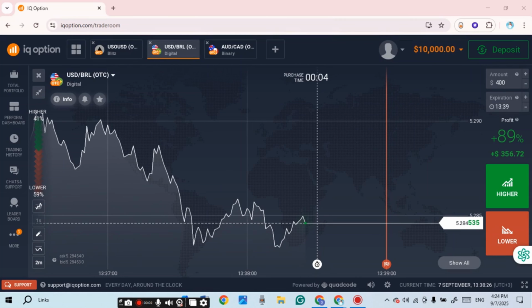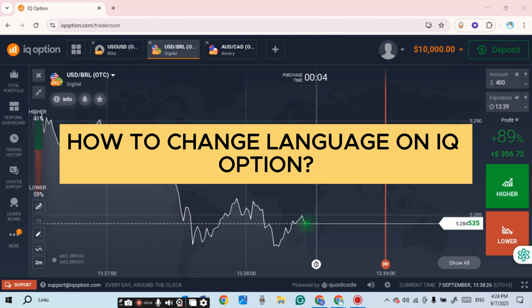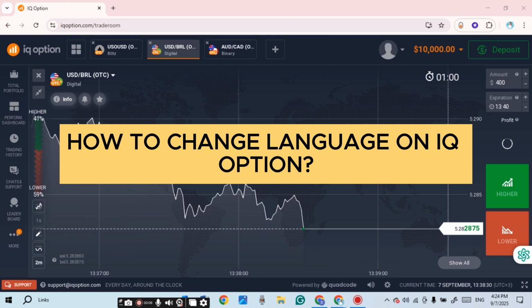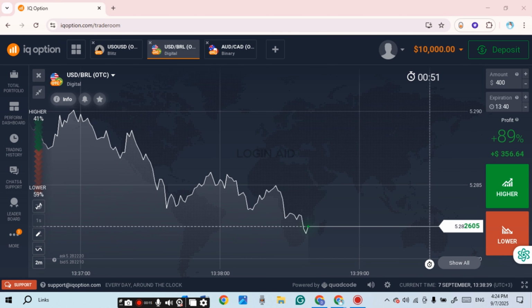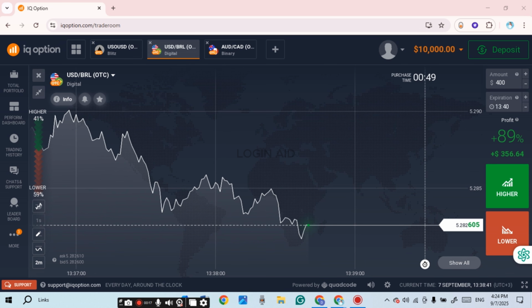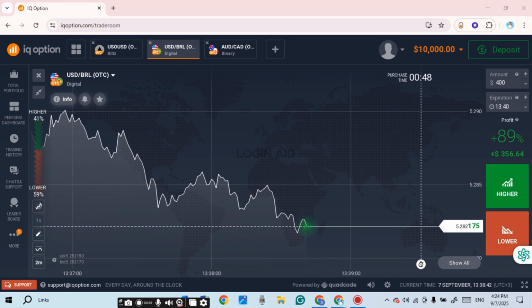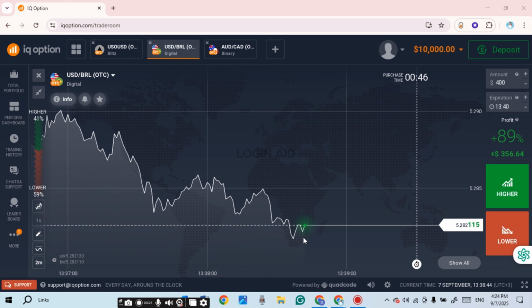In today's video, I'll teach you how to change language on IQ Option. So first of all, what you have to do is launch IQ Option. You can open the IQ Option application or you can also open it on browser. If you want to open it on browser, what you have to do is open any browser of your